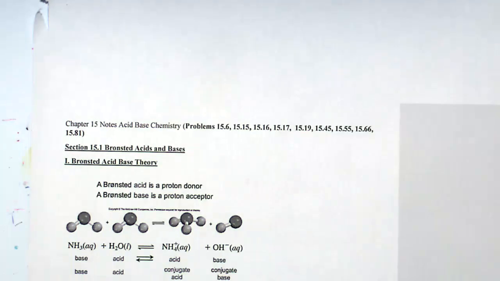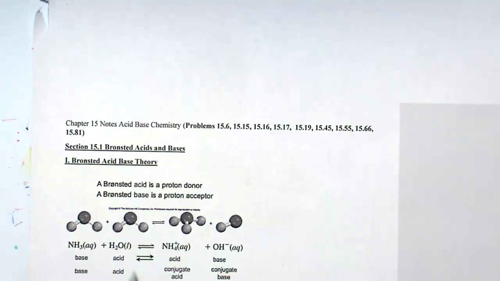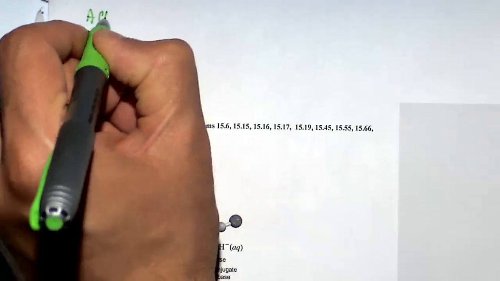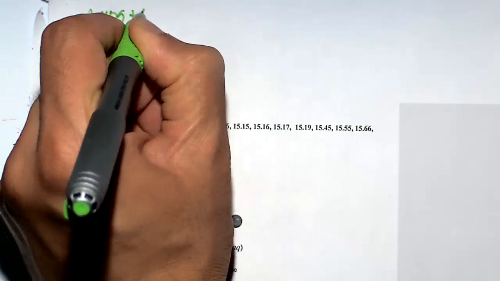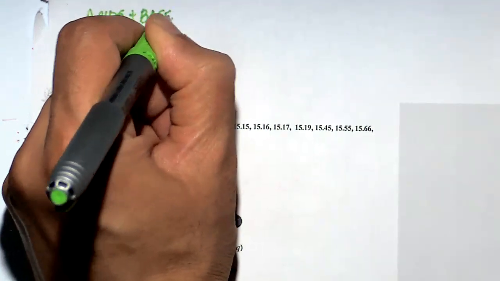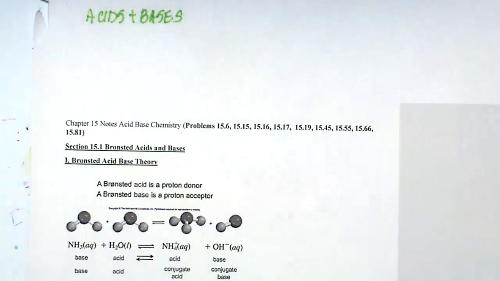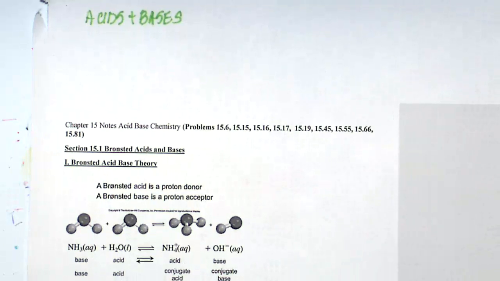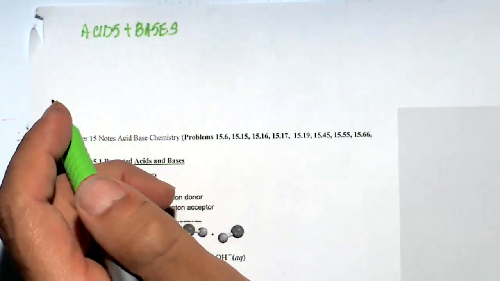I know a lot of you want to just focus on 13 and 14, but let me just tell you a little bit about chapter 15. It's about acids and bases. Okay, acid-base chemistry. Those are the only things I'm going to tell you now, and then I'll let you go.